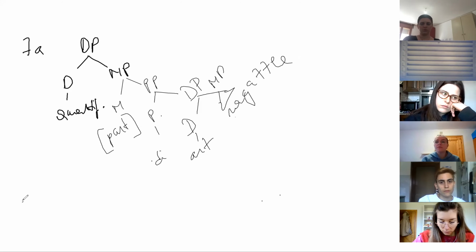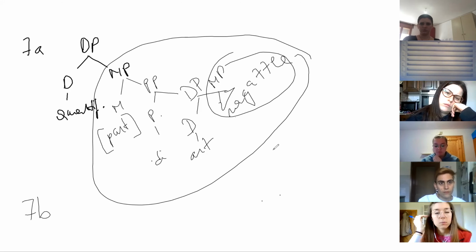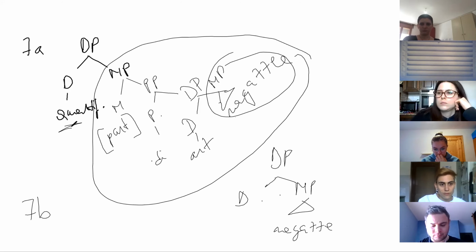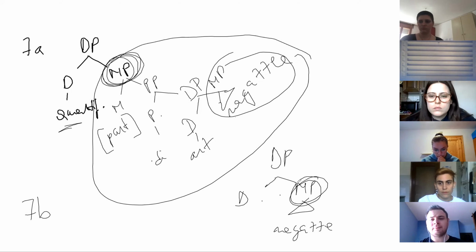7B would be very similar with one only difference, that this whole NP is actually just this NP. So we have a DP here, a D, and the noun phrase ragazza. Okay. But you see, the quantifier selects an NP in this construction and in this construction. Okay? I think you can make a screenshot, but I also think that since I'm recording, you will be able to view it.